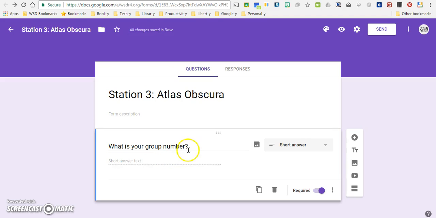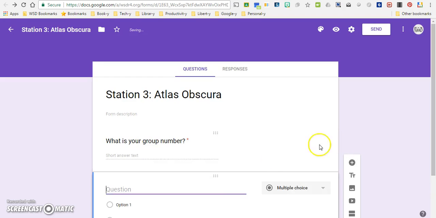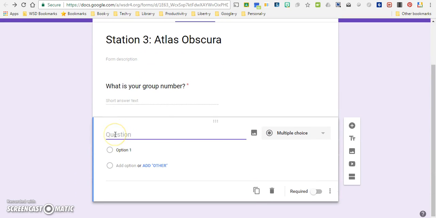So in this case, students just plug in their group number so that you can track to see who finishes the form first. For example, if you want to give out prizes, it doesn't require students to put in their last names every single time. So this first question, again, is short answer, but the next question I'm going to choose is